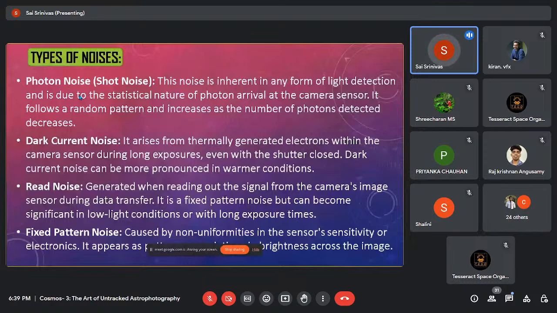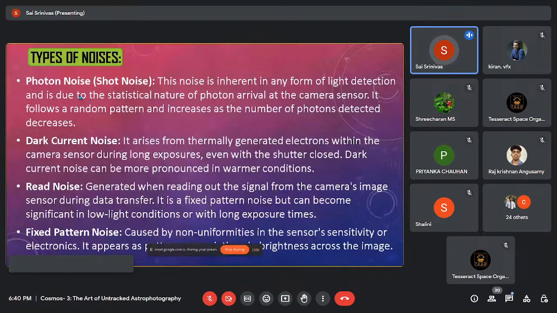But if you take an average at the end, which is basically image stacking, that is also a statistical principle called the law of large numbers. If you throw a dice many times, in the end you will get the average. That is what we are doing in image stacking. And dark current noise, also called thermal noise, occurs during longer exposures. Why? Because during longer exposures the camera sensor is open for a long time and the machine is working. So obviously, during warmer temperatures you'll get more noise like hot pixels, which is very annoying to see